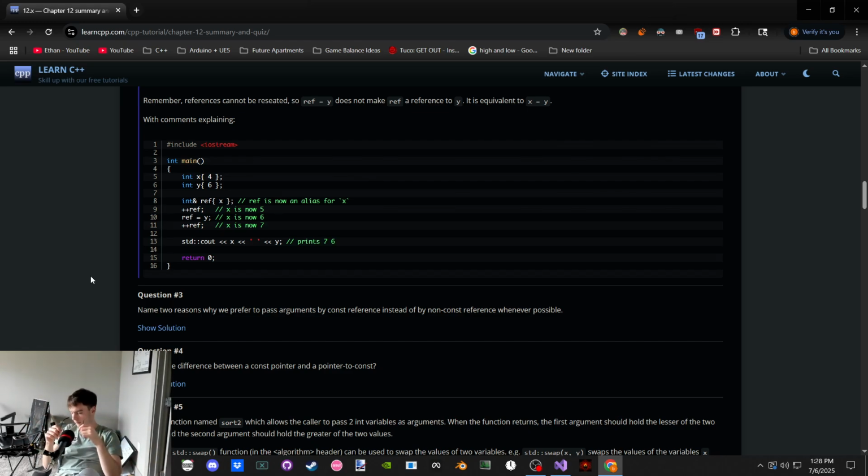I think, is there a third? Let me rack my brain. That's all I can think of right now. We can pass additional values, meaning R values, and we can't modify the value, which means that it's safe.